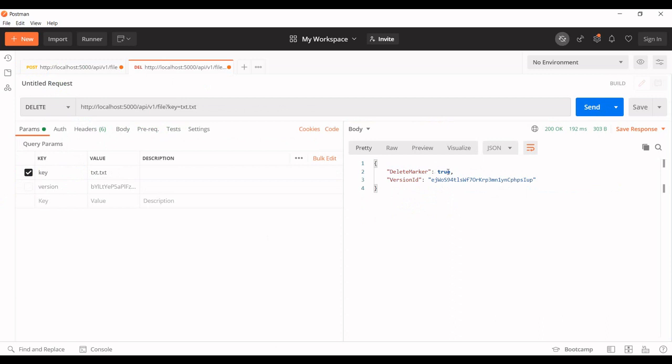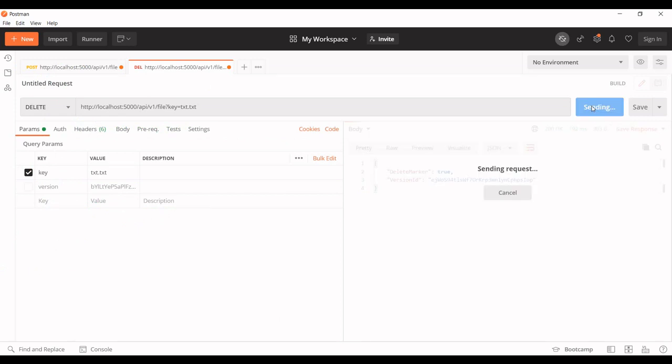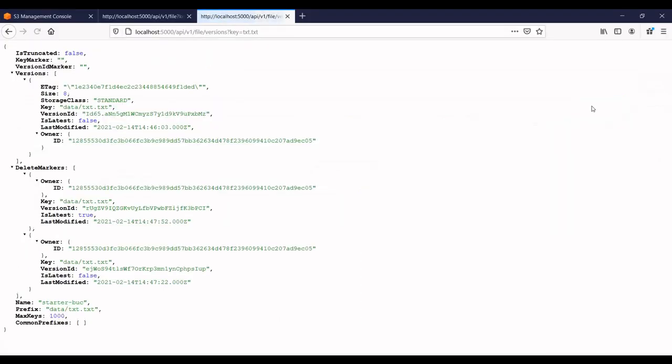Now it is returning delete marker true and with the version ID. If we go to the versions, now it will have two arrays, one with versions and another with delete markers. If you do not provide the versions, it will create the current version as the versions and delete marker will have the deleted items. That means it will not delete all the items permanently. If you try it again, this will create another version deleted and the current version will be available here. If I want to delete the file, I have to delete all the three versions. Let's try it with deleting all the three files.